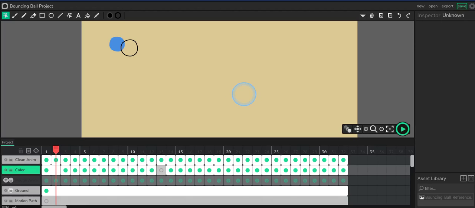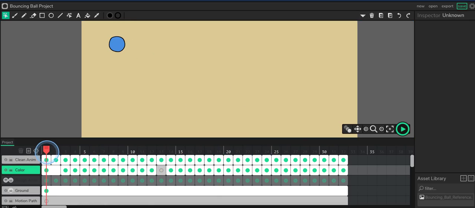Hey everyone, we're back in the Wick editor and we are finishing up on the bouncing ball project. So I'm going to cover two things in this video: how I did the color fill, and then adding in a shadow effect for the bouncing ball. I'm pretty much already done here with the ball being all filled in with color, but I'll show you